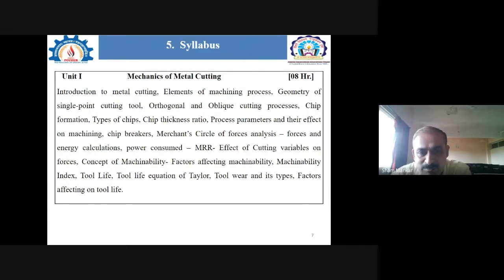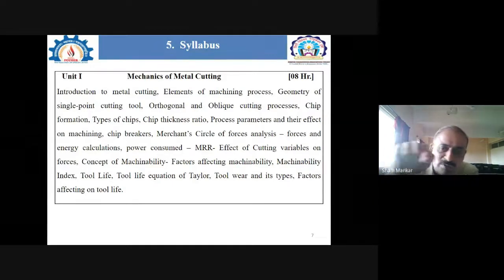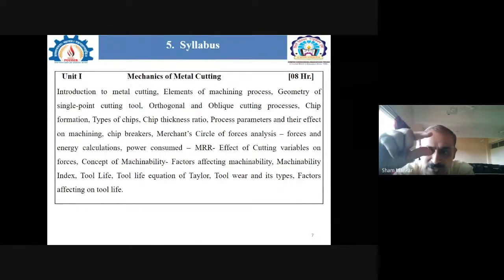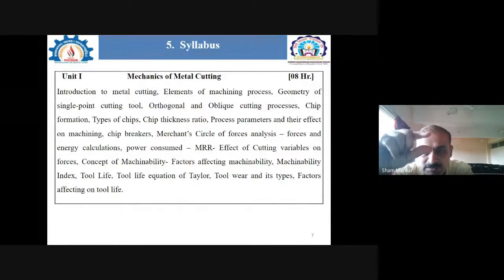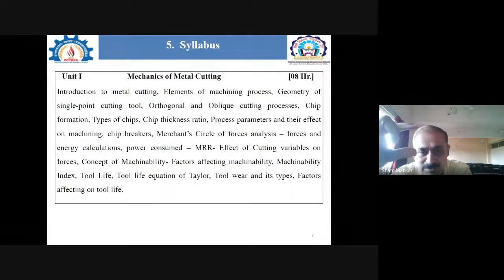We can calculate it: suppose a 50 mm diameter workpiece is there and we want to convert that 50 mm diameter into 40 mm. Within one working stroke it is not possible to take a 5 mm depth of cut. So we gradually increase the depth of cut. First we take, suppose, a 1 mm depth of cut, then we remove the material, and then again measure the diameter. Correct. Those are the simple definitions.